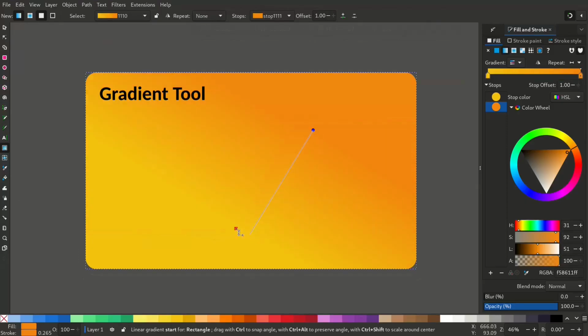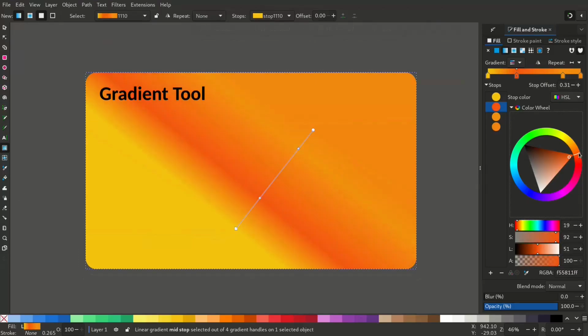If you want to add a stop, just double click and you will add a stop, or you can double click here as well and you can change the offset. You can even change the color,